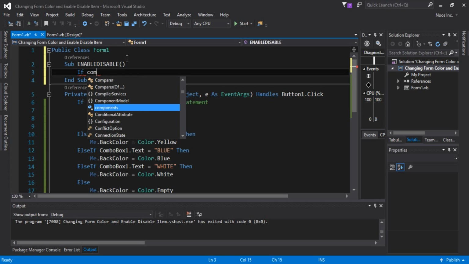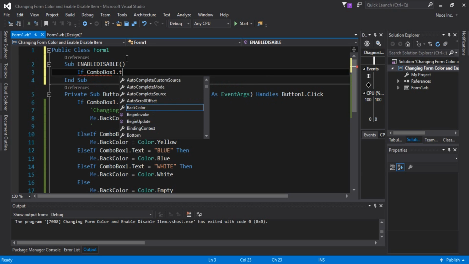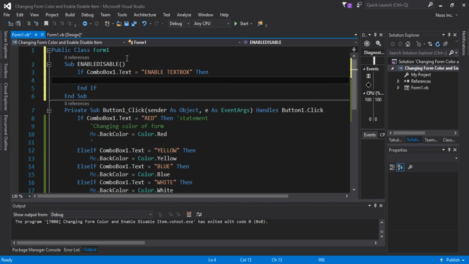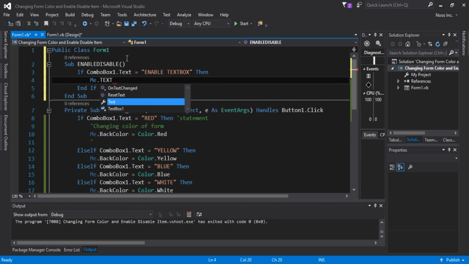If combo box 1 dot text equal to enable text box, then I will me dot text box 1 dot enable equal to true,